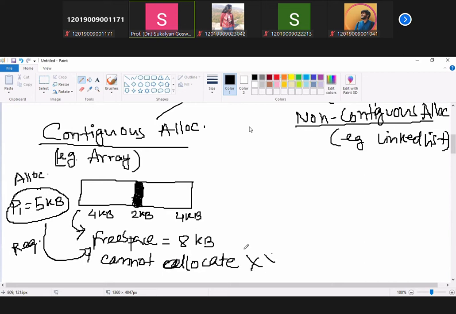Right? Understand the problem. Contiguous allocation means continuously you should have 5 KB space, then only you can allot. Right? So if I have a process, due to the lack of contiguous or non-contiguous storage, if I cannot allocate,